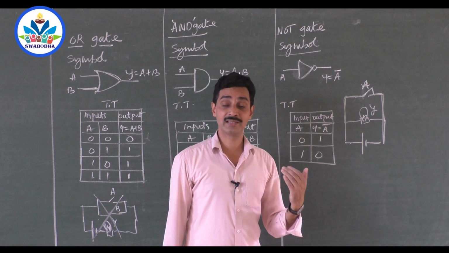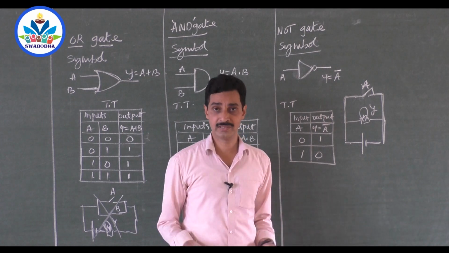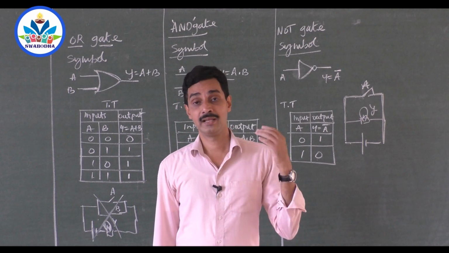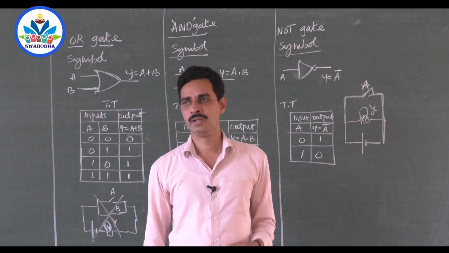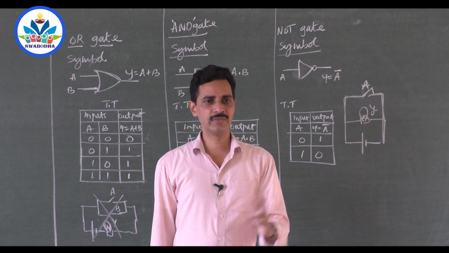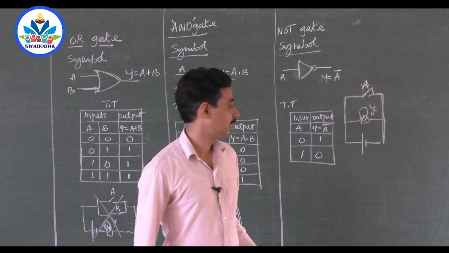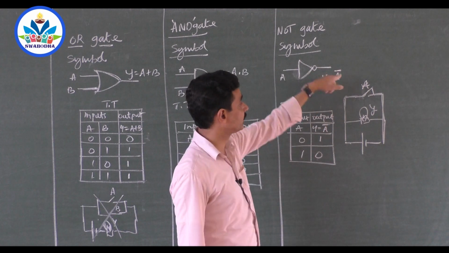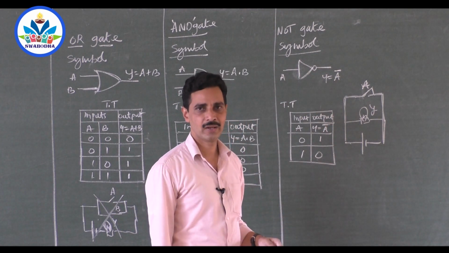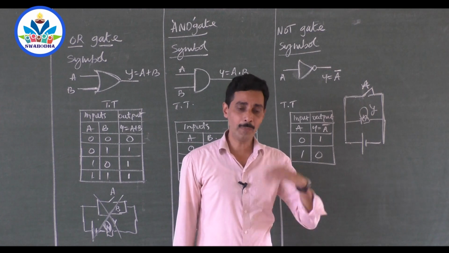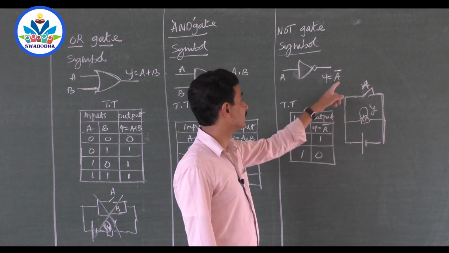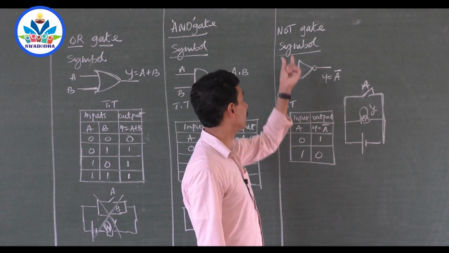Actually, a transistor is a three-terminal semiconductor device. In the last class I was talking about that. A transistor acts like a NOT gate. If you give the input, output is 0. If you don't give the input, output is 1. So it is a logic circuit whose output is the complement of the input. NOT gate is a logic circuit whose output is the complement of the input. That is the reverse of input, and output is not the input. That is why the name NOT gate.